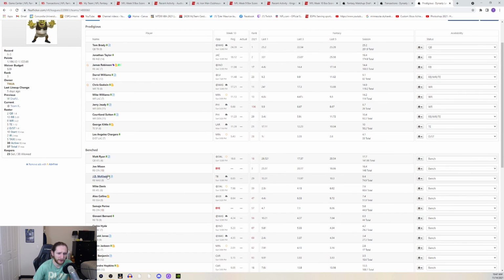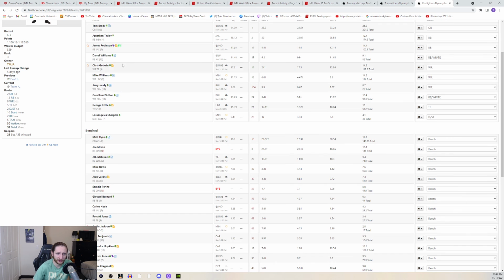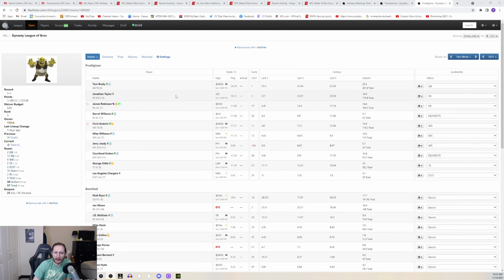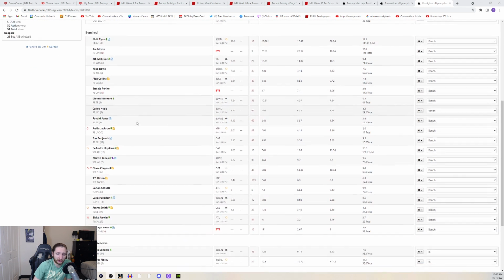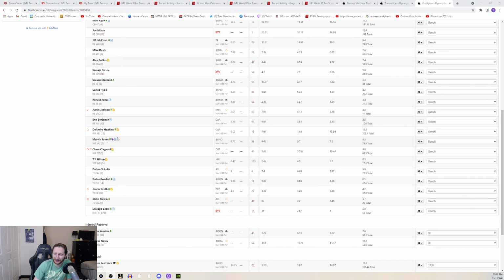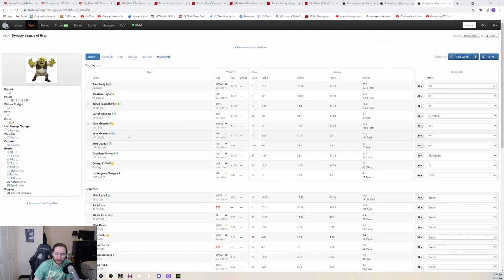So I'll look at the bench here. Joe Mixon is on bye, so it'd be nice to have him. Hopkins, last I heard, it says he's not expected to play. If he does end up playing, I will put him in for Courtland Sutton. I guess the only thing I'll add is if Chris Godwin is ruled out, which I don't expect him to be, but if he is, I would put Marvin Jones in for him, I guess. But hopefully this lineup just stays the way it is, especially because it's getting close to game time.